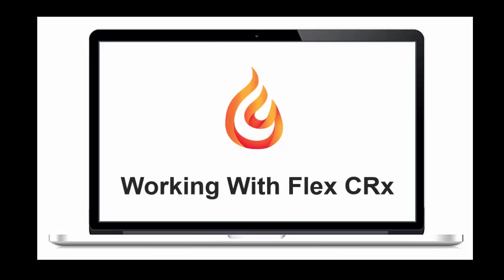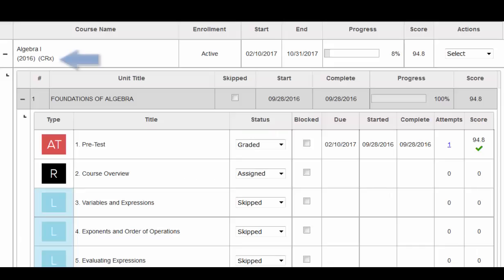Welcome. In this Ignitia tutorial, we will explore the Flex CRx option. This feature allows students to accelerate through a course when they have shown mastery of the curriculum while enrolled in the CRx mode. When a course is enrolled in CRx, which is also referred to as course prescriptive mode, a student can challenge